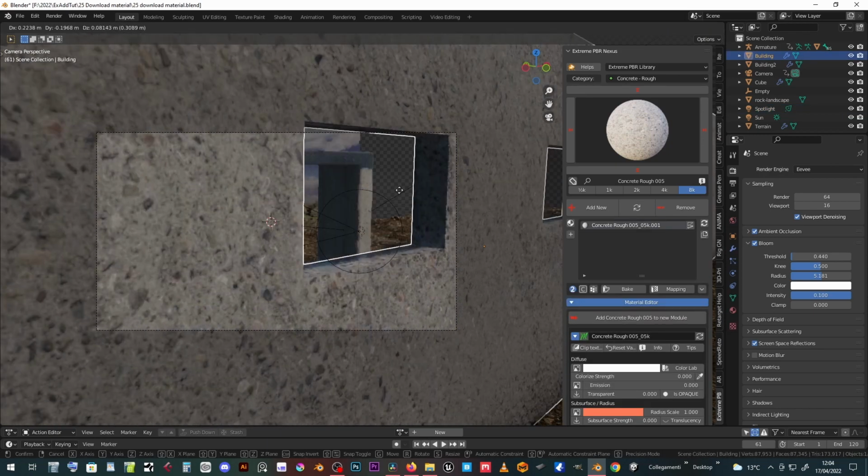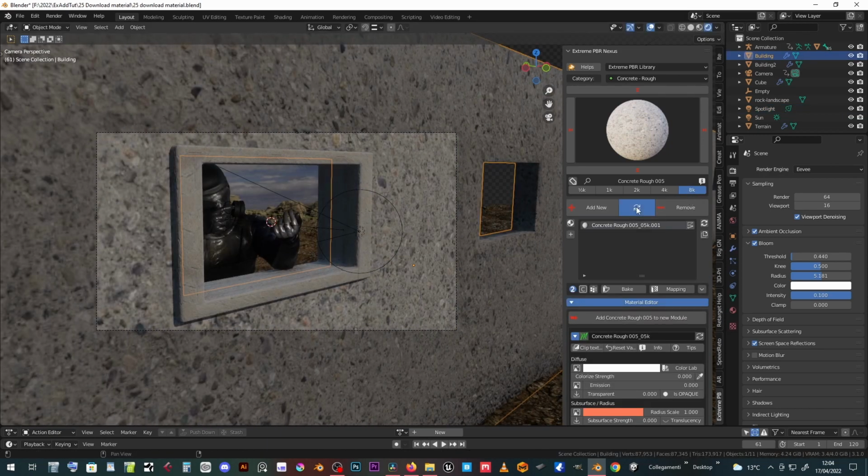Now I select the object and swap the 0.5K textures with the 8K version. Much better details,